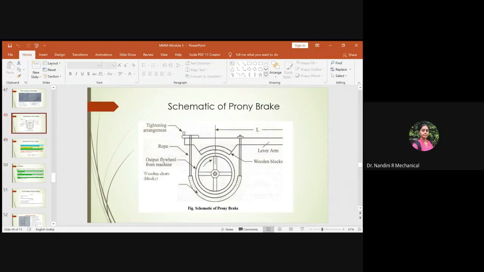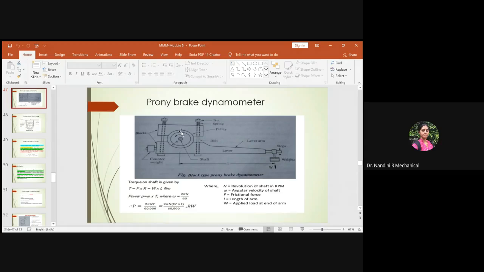Before that, let us understand the functionality of a flywheel. The function of a flywheel is to store the excess energy generated and reuse it whenever needed. It is rotated with the help of a shaft. The flywheel is mounted on the shaft, and it is housed by two wooden blocks, one at the top and the other at the bottom. The bottom wooden block is connected to a lever arm, and this lever arm is connected to the dead weight which will be added on.